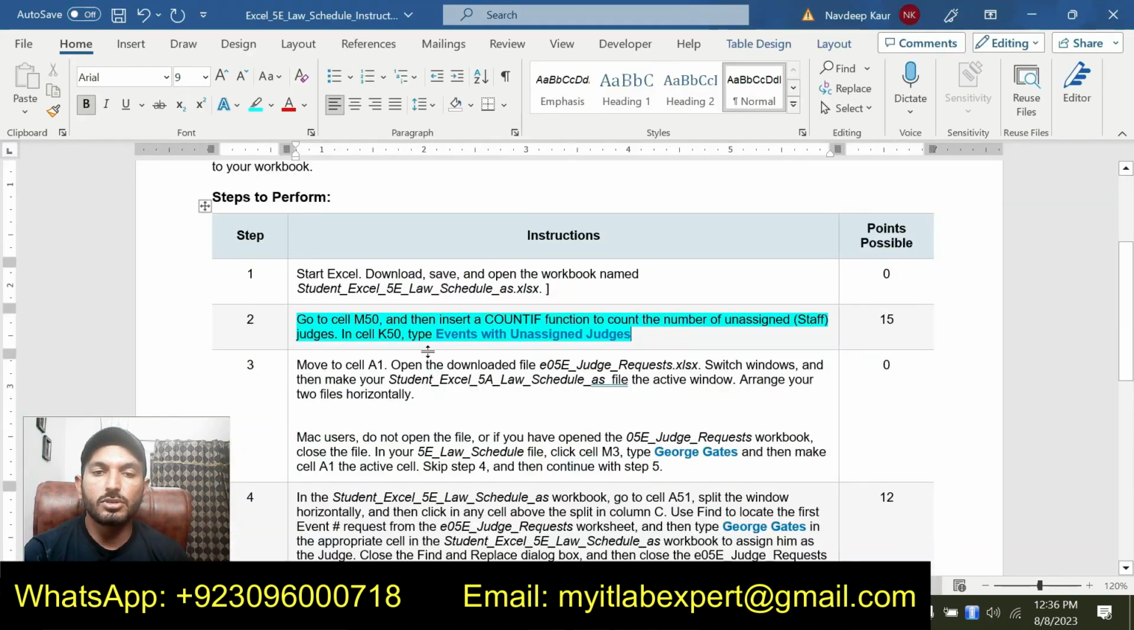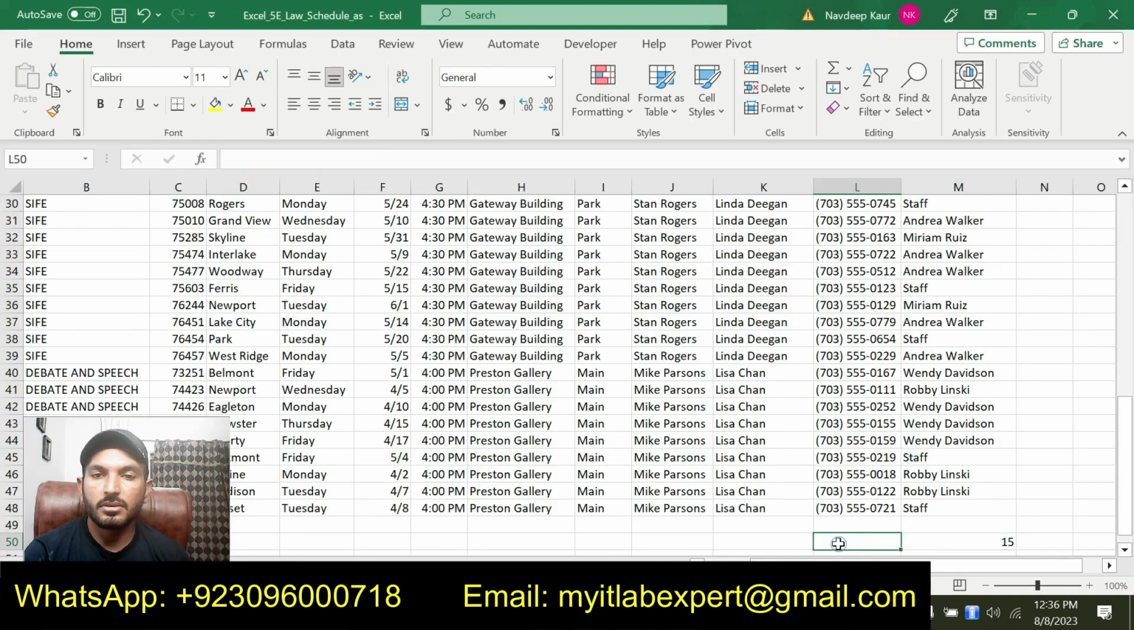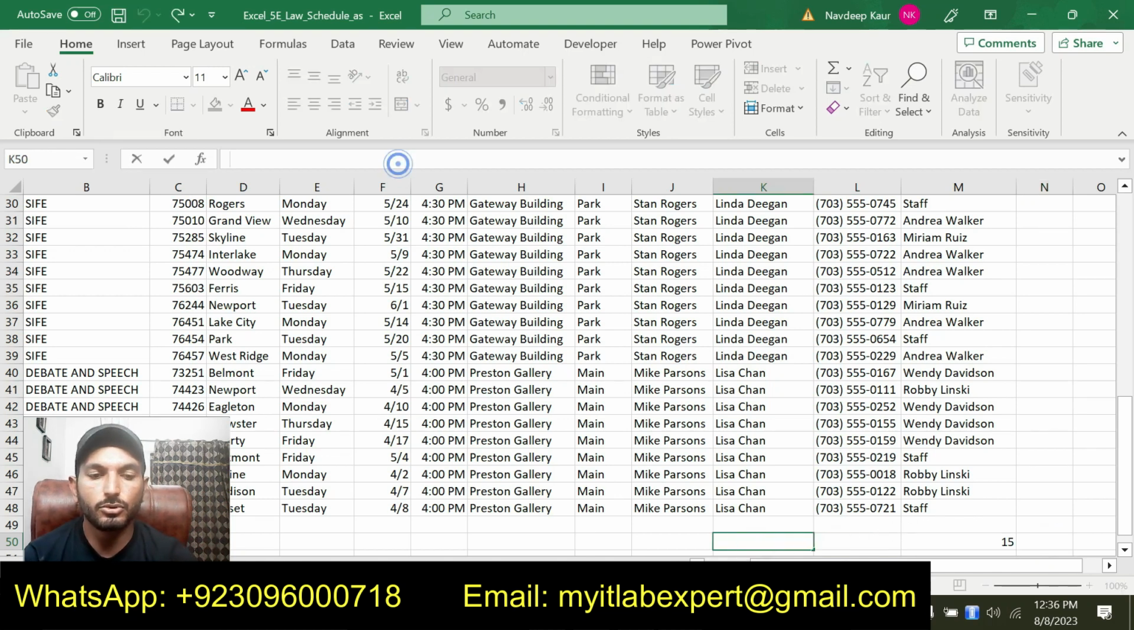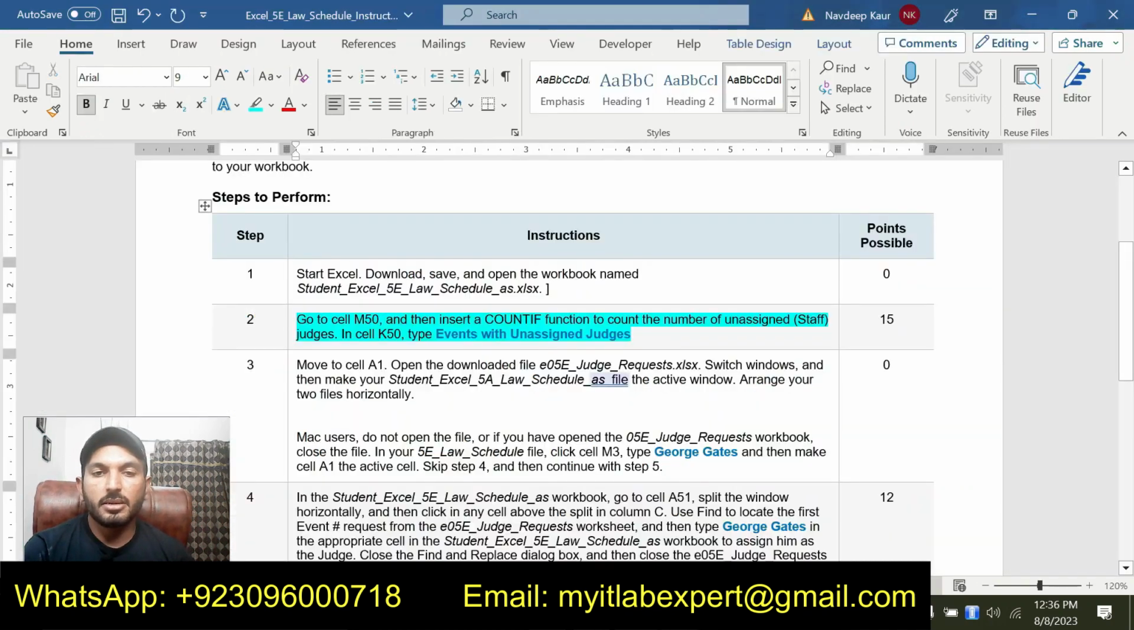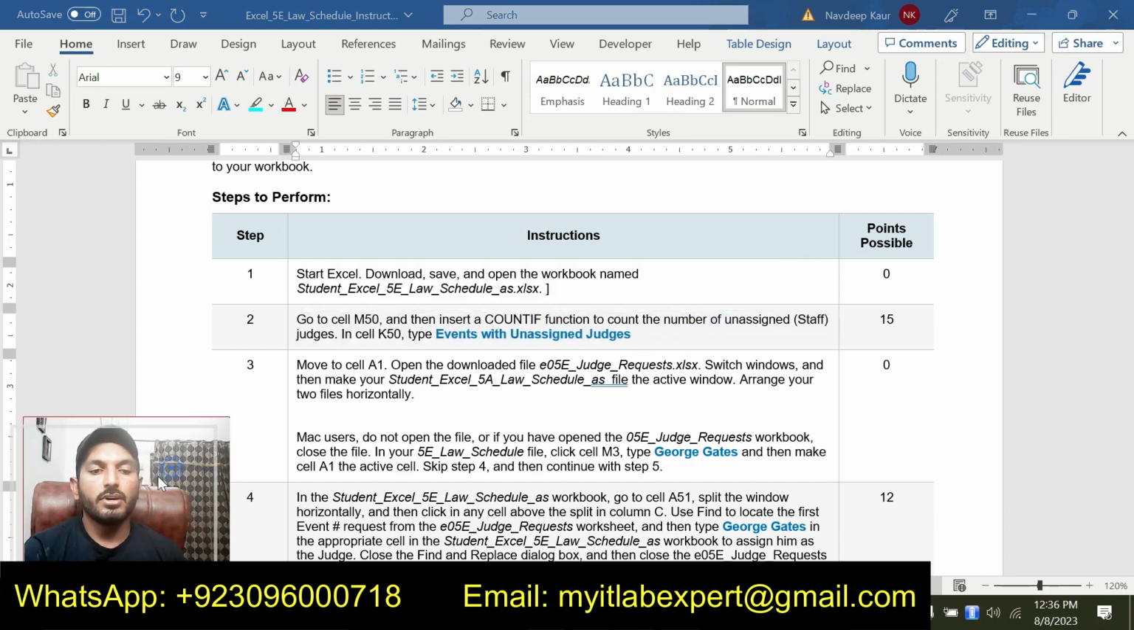And now we are supposed to type Events with unassigned judges in cell K50. K50 is here, and we type Events with unassigned judges. So that is all required in step number 2. So we are done with step number 2, and now we will move to the next step, that is step number